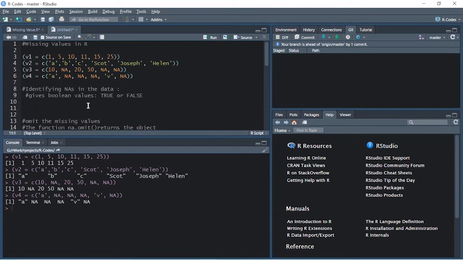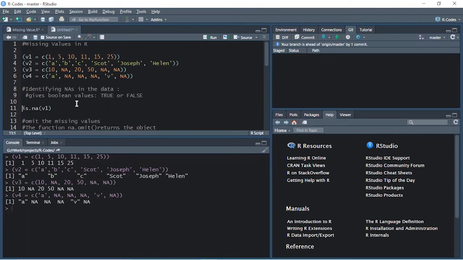So we have understood that is.na, within the brackets, we will give the vector name. So if it is v1, which is this vector, let's see what it responds. When you use is.na, it provides the values in the form of true or false.